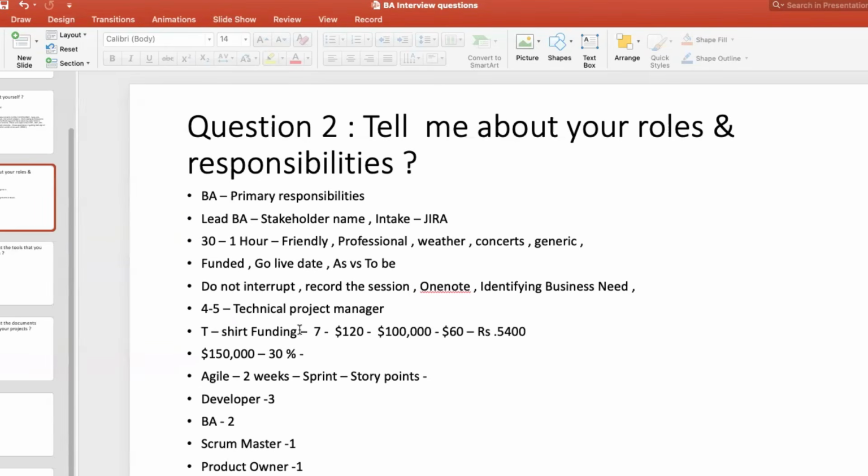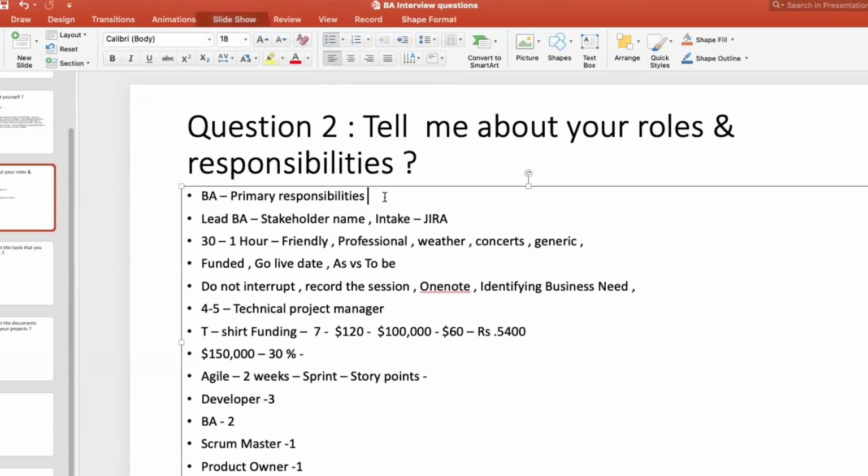Once you have estimated the final funding, the t-shirt size funding, it goes for manager approval. Once it is approved, only then you give it to your business owner, and you make sure it is getting approved in the next 2 to 3 days. Whatever funding request you give to the business owner needs to be approved. That is your primary responsibility as a lead BA. Once approved, only then do you schedule the further calls, because without approval, you are wasting everybody's time and money.